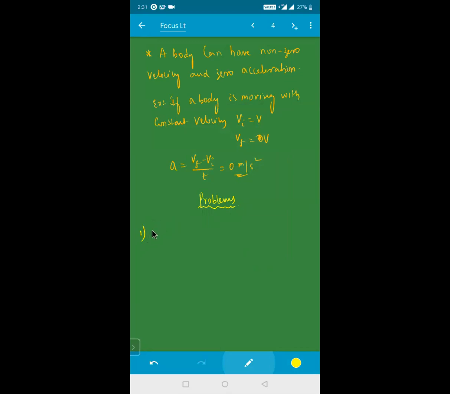The position x of a particle varies with time t as x equals a t squared minus b t cubed. The acceleration of the particle will be: